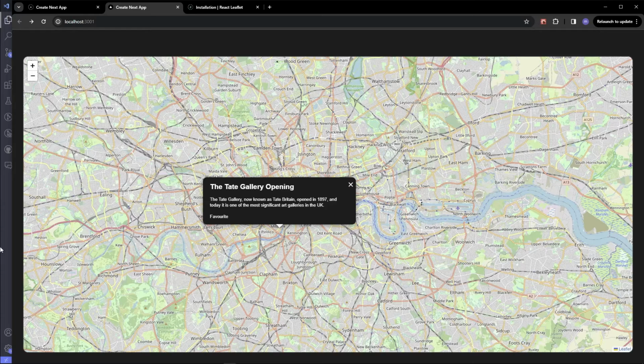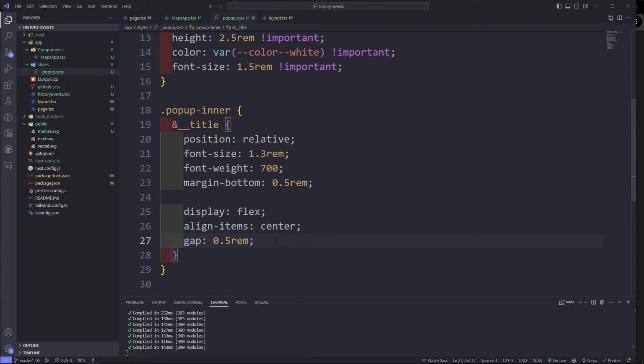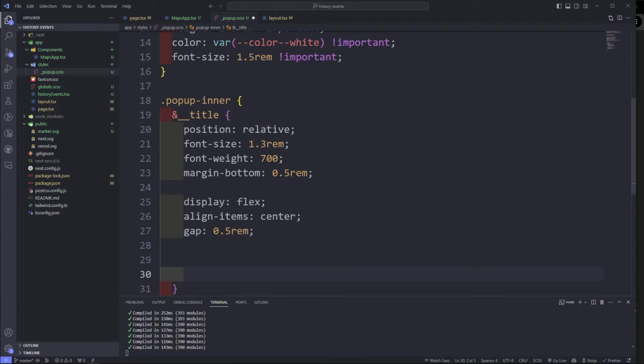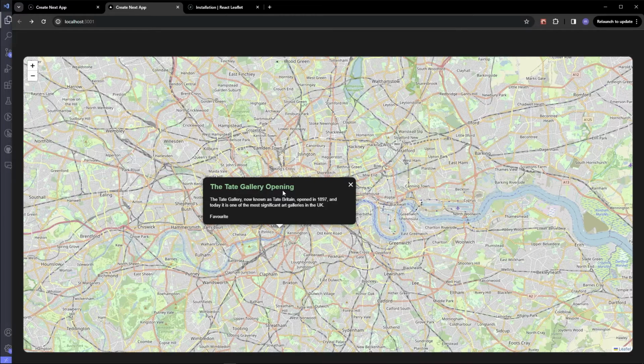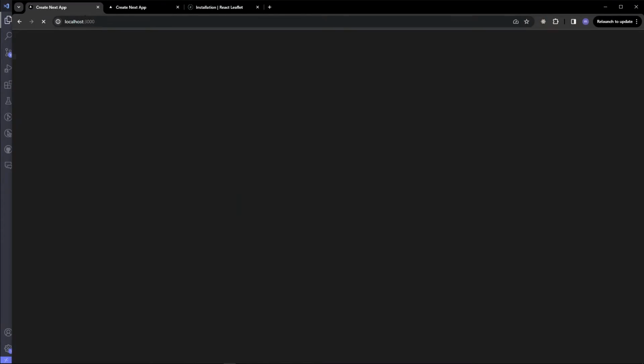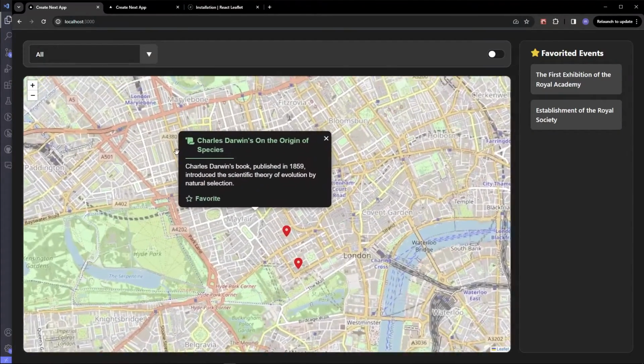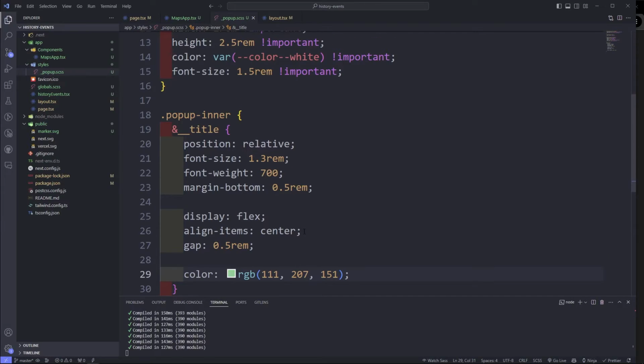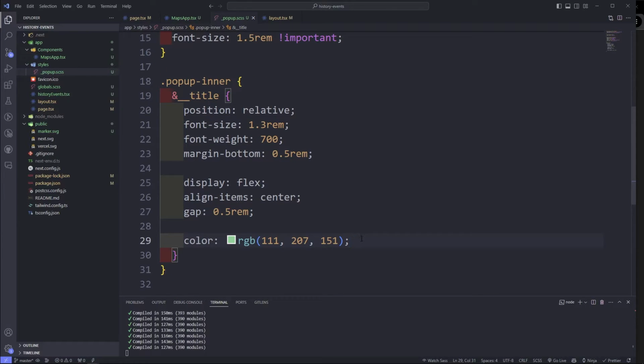Okay, so nice. It's looking pretty good so far. So for the color, I think I'll just set it to a green color for now. You can set it to whatever color you want for the title. For now, I'll just set it as green. All right, and we're going to do the after pseudo element, which is this line here. So that's why we set the position to relative there, and then we're going to do after,